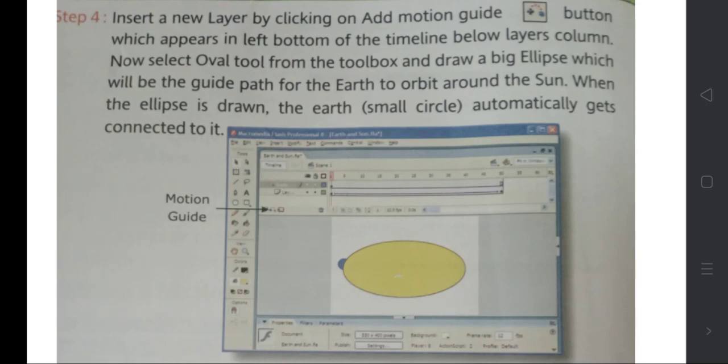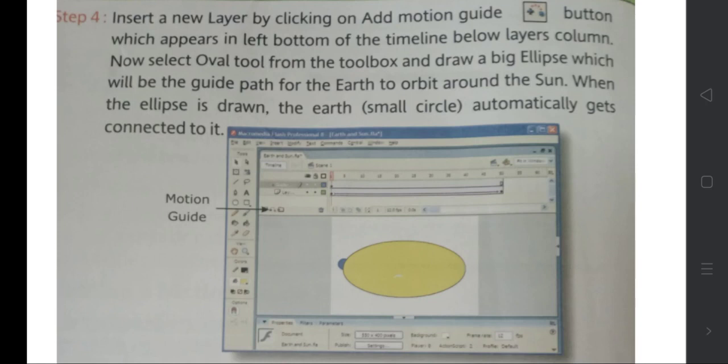Now select the oval tool from the toolbox and draw a big ellipse. Ellipse means orbital path. The earth rotates on one path, right? So that is called an orbital path. So the big ellipse will be the guide path for the earth to orbit around the sun.